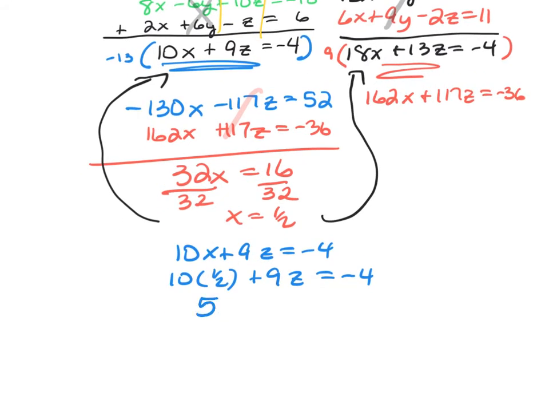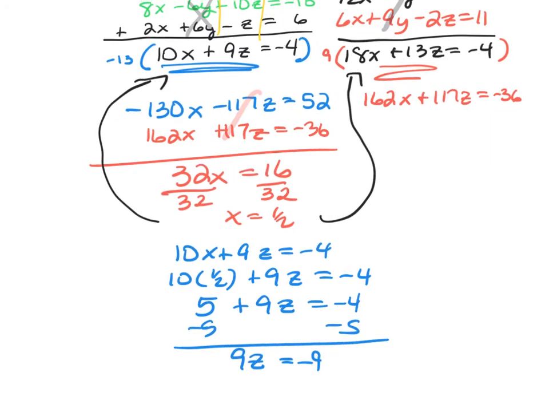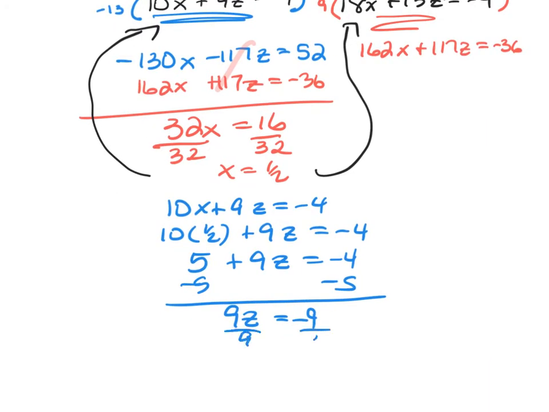This is 5. Move the 5. Divide by 9. And z equals -1. Now that I have the value of two of the variables, x and z,